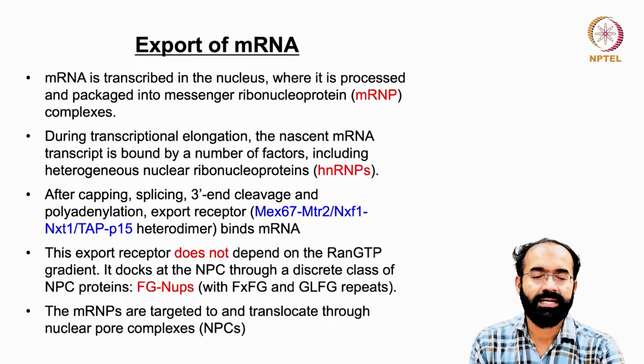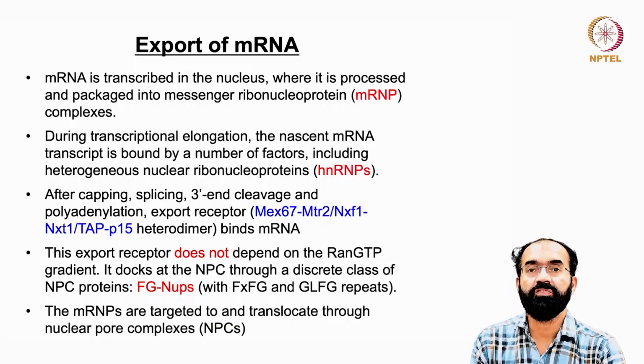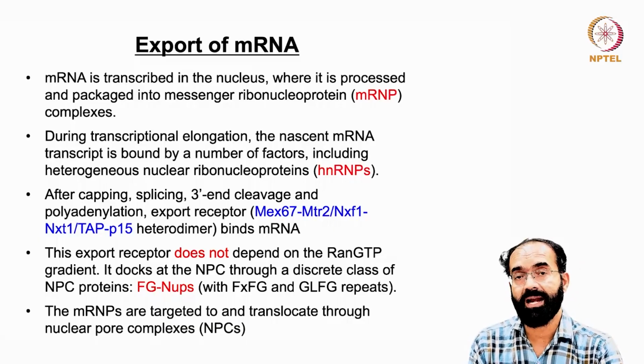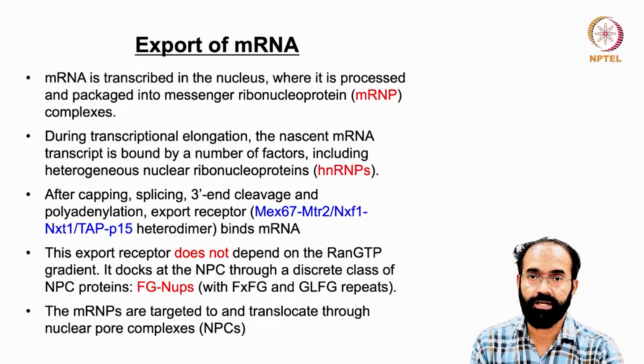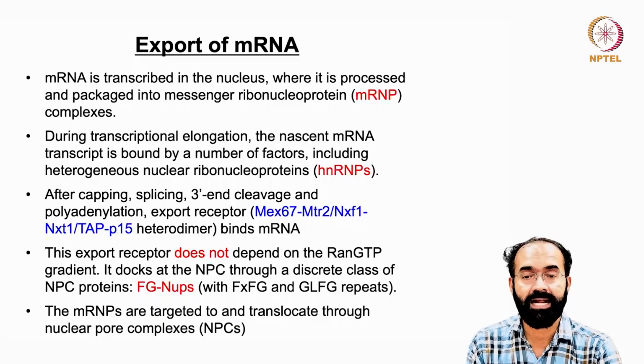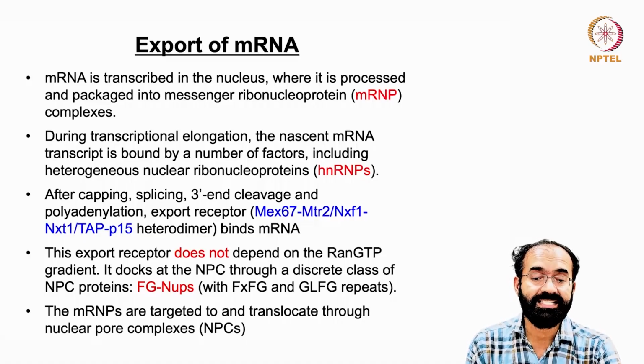So now let us understand the export of mRNAs. We know mRNAs do not use the RAN-GTP at all. They do not require the RAN-GTPase cycle. So mRNA is transcribed in the nucleus, where it is processed and packaged into messenger ribonucleoprotein, and we call it